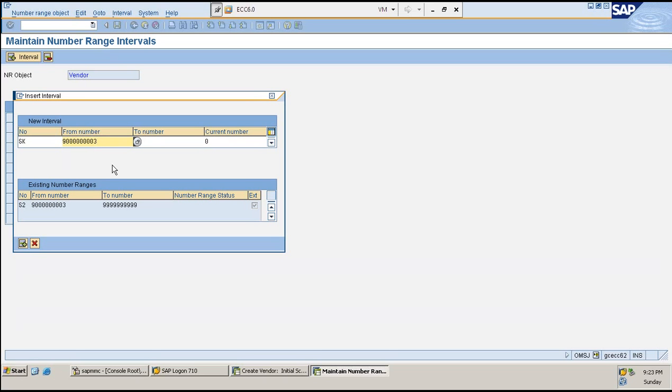So my number ranges will be 0 0 0 0, 1 2 3 4 5 6.